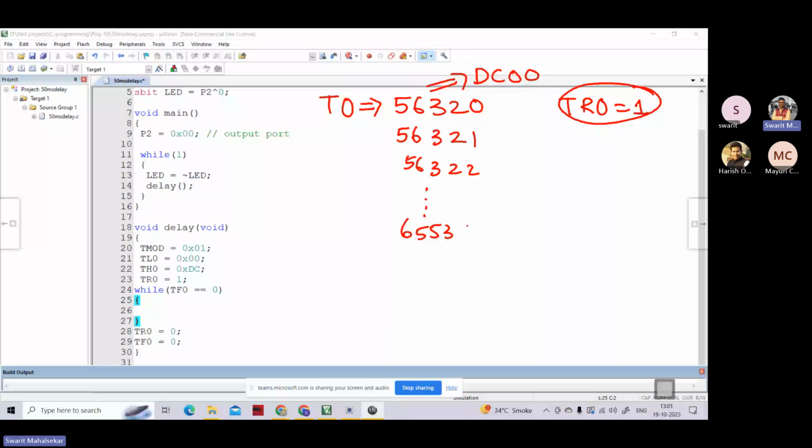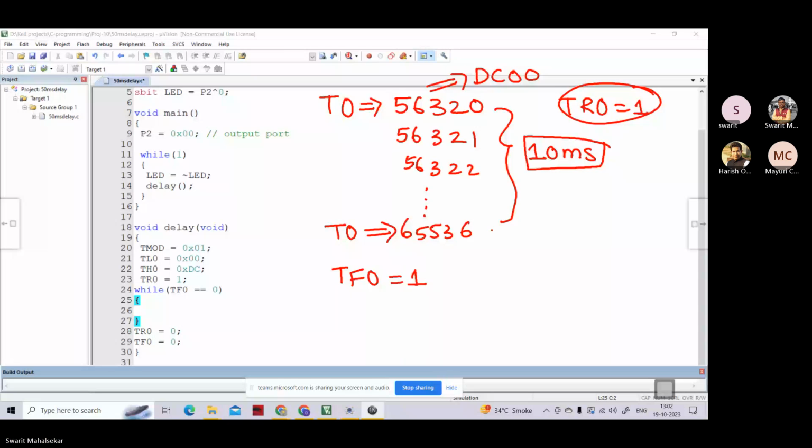That means it will give us a delay of exactly 10 millisecond, right? And this is what we are monitoring. So once this T0 reaches this particular value, then my TF0 becomes 1. Up till here,